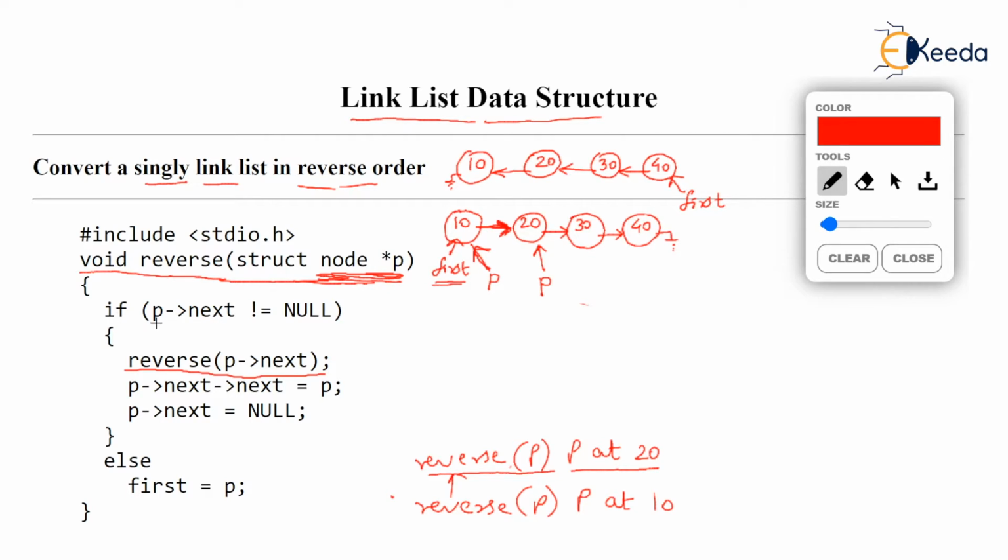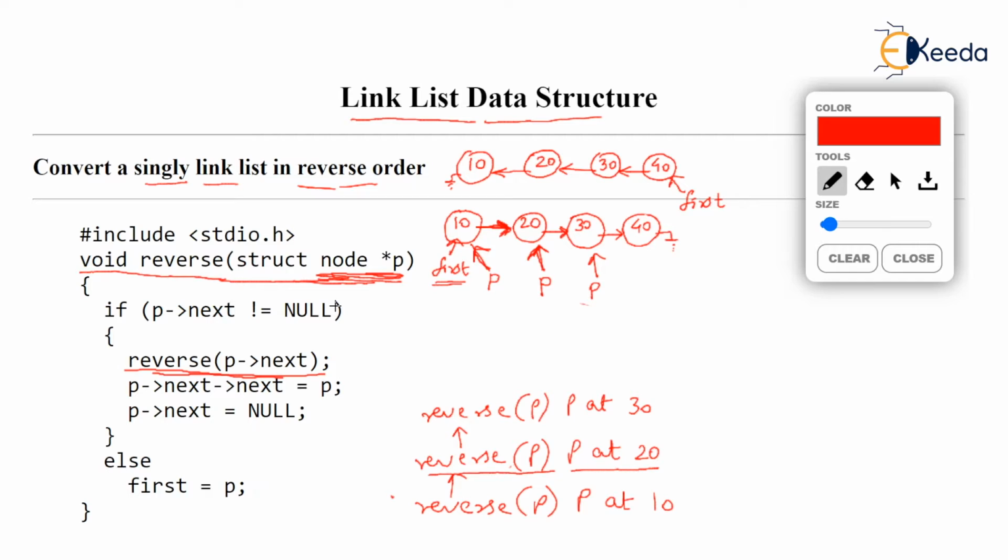We will check if P arrow next not null, which is very much true, because P arrow next means 20 is next, and 20 is next is 30, it is not null. So in the if statement, reverse is called again, a recursive call, and we are passing the address of P arrow next. Now what is P arrow next? Check the cursor place. P arrow next means 20 is next, and 20 is next is storing address of 30, isn't it? So the reverse function is called recursively with parameter P again existing and P pointing at 30 now. So the fresh function has begun with the parameter P pointing at 30.